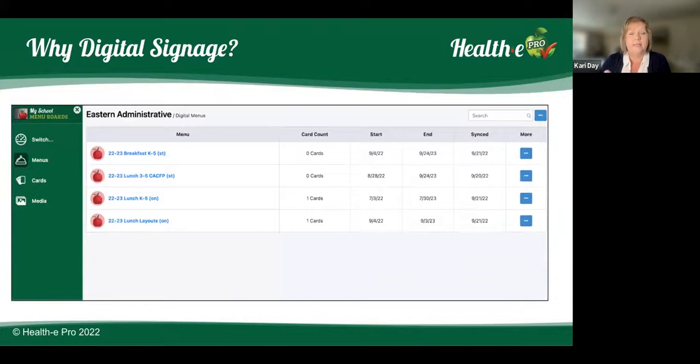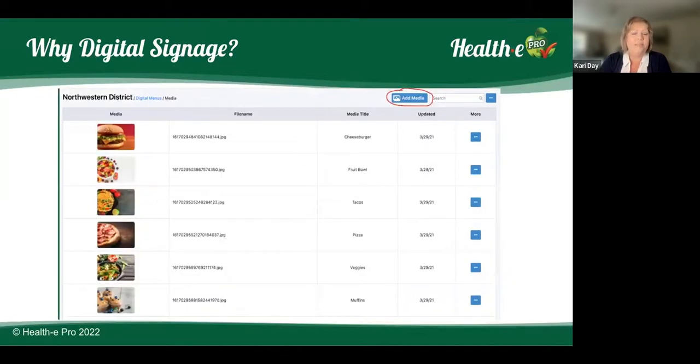We give you a big folder full of images that we have designed specifically for the menu boards that you can use, or you can even upload your own images if you want something custom, maybe with the school logo or something like that. Make it really easy. So once you customize all of your screens the way you want them, ta-da, you are done. Your screen is now up and running,